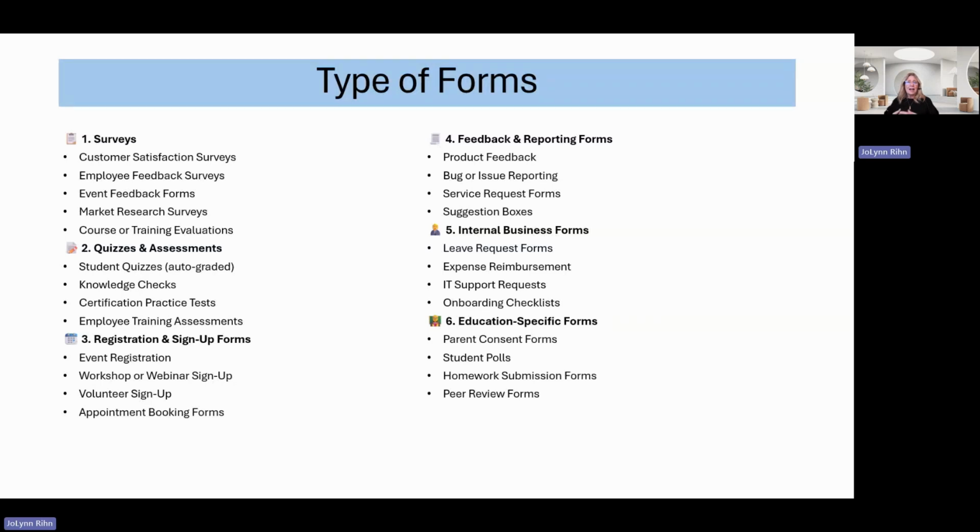So a lot of common types of forms that get used are surveys. We're always wanting to survey, whether it's our customers or our employees. We want to do market research. We're doing training evaluations. Otherwise, we use forms for quizzes or assessments as well, whether it's certification or knowledge related,